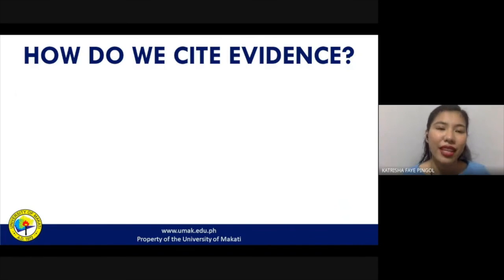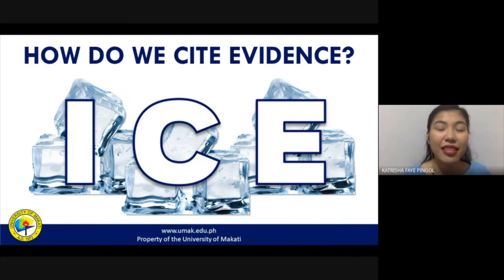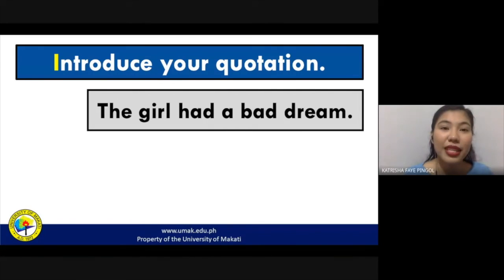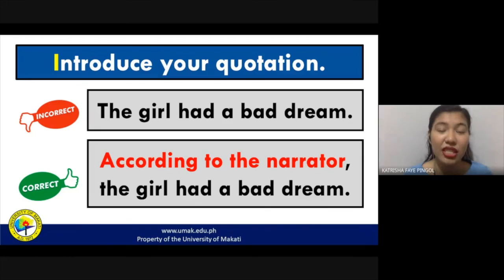Now, how do we cite evidence? You can simply remember this by remembering the word EYES. Again, these letters will stand for something else. First thing that you have to do when citing your textual evidence is, of course, introduce your quotation, or I. Take, for example, this statement: The girl had a bad dream. It's not enough for you to say that the girl simply had a bad dream. What made you say that the girl had a bad dream? So you can say that according to the narrator, the one that you have just read, the girl had a bad dream. That's the proper way of introducing your quotation, especially if the information that you are presenting came from the